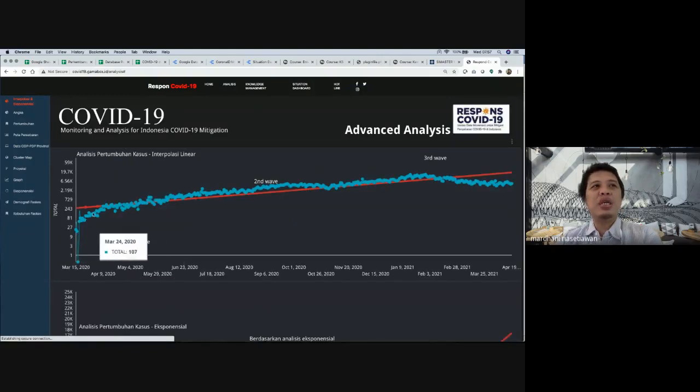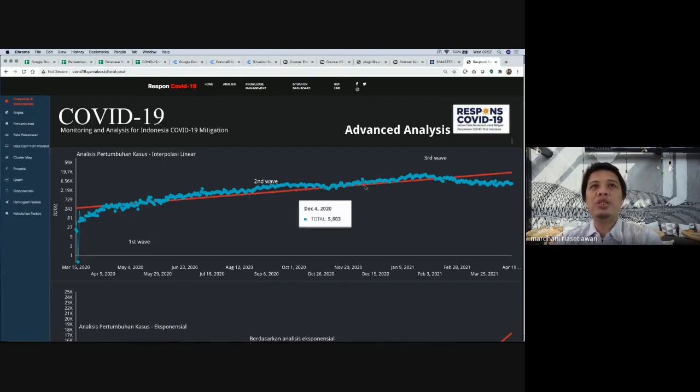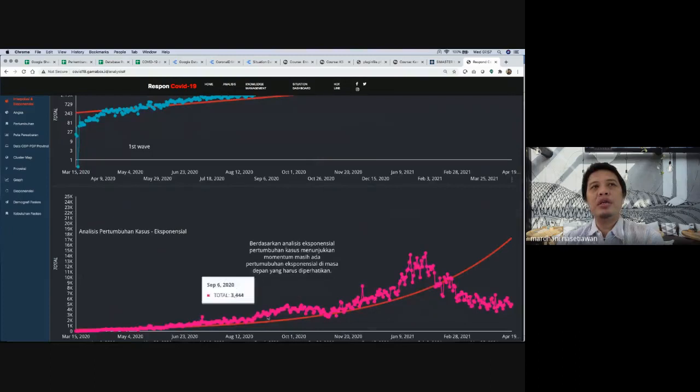This is the time series, and then we make some interpolations, and this red line shows the predictions. We compare with the actual data, and then you can see the trend of the data. And it also happens in the exponential.